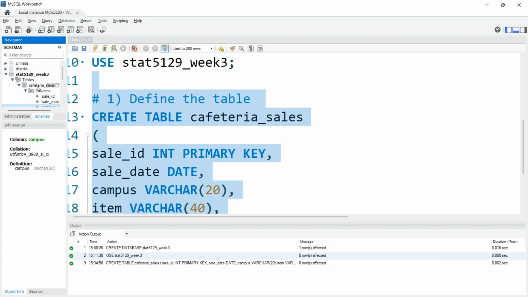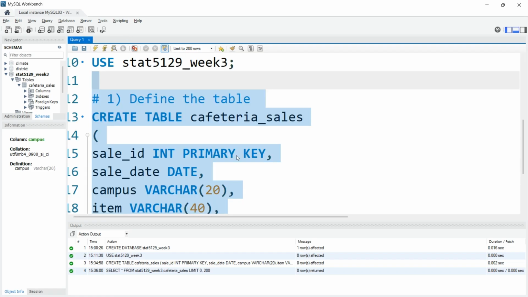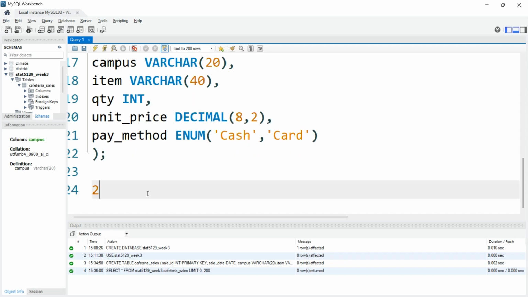For example, if I hover my mouse over the cafeteria sales, you will see that there is here a small sort of table form icon. If you click on that, you will see that this is empty. The table is empty because there is no information. So what's our next step? When we have created the table, our next step is to import the data,